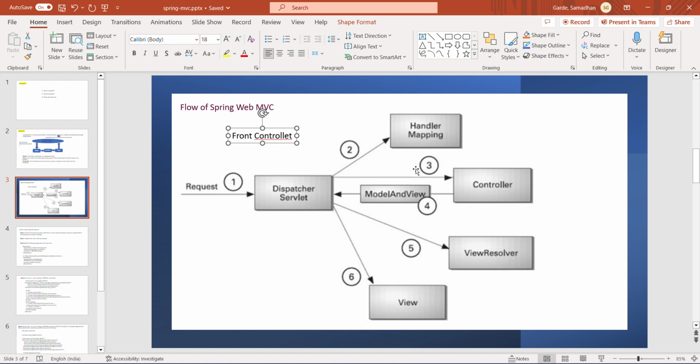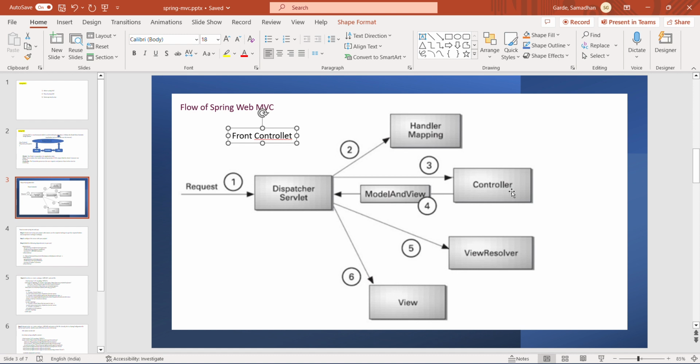The handler mapper is responsible for resolving the controller, and once it is resolved, the handler mapper returns it to the dispatcher servlet, and the dispatcher servlet sends the request to the controller. Now from the controller side, that request gets processed, and whatever response is generated,